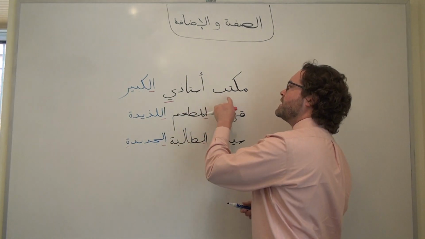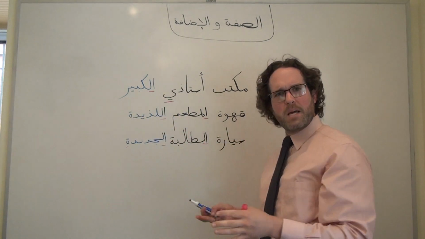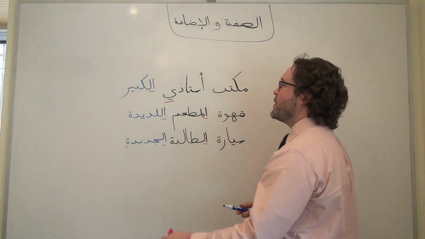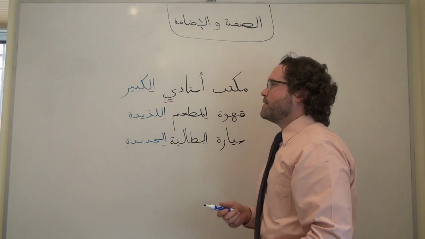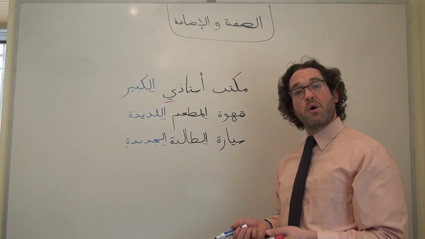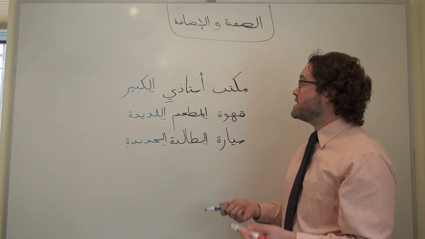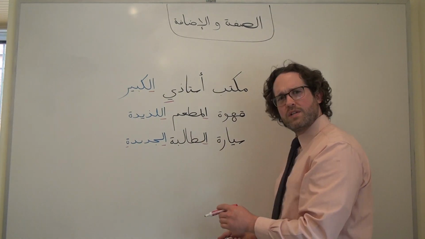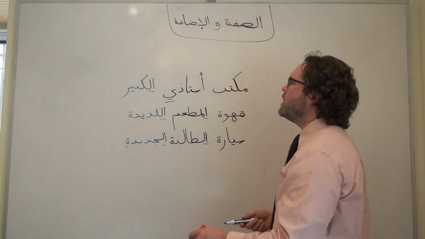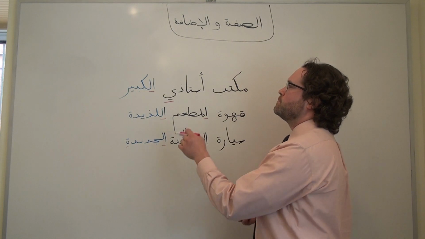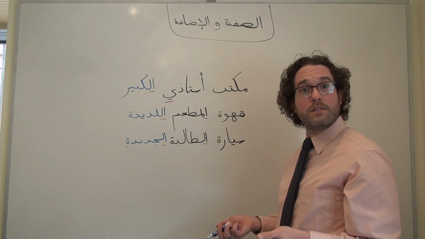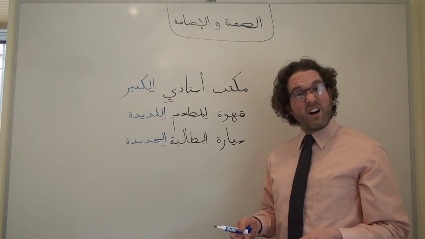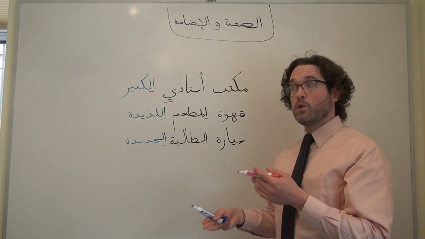Similarly, up here, مكتب أستاذي الكبير. Kabir can mean big for a thing, a physical thing, but it can also mean old for people. So if we're talking about an aged ustad, maybe we're describing my old professor, my professor who's advanced in years. Again, context is going to be our guide here. Do we know that the student is new already from something else that was said? Or are we describing an ustad who recently moved offices? Or an ustad that we know to be rather old? That's probably going to clear up some of the ambiguity. Context is going to be key for figuring out which is which.